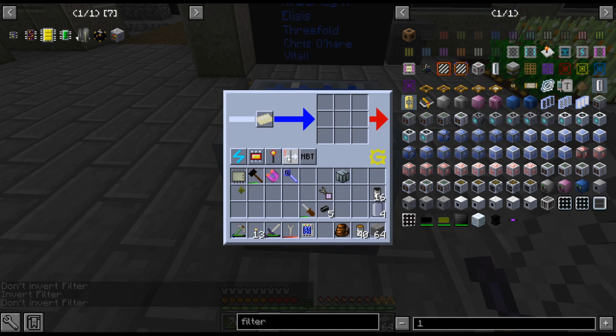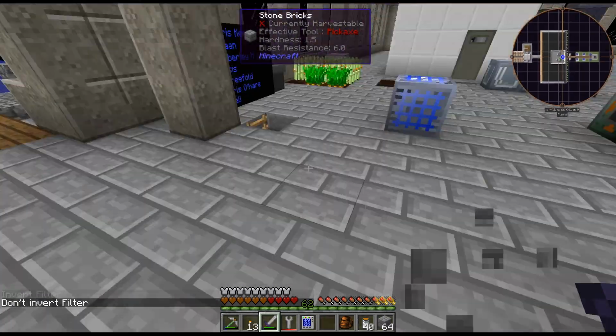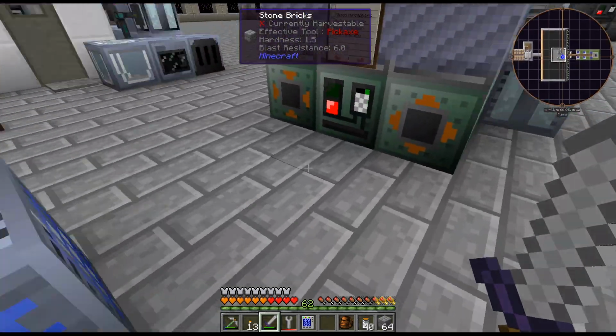That's like a whitelist blacklist. This is basically what we're... So I guess, what would we want? We would want this to pull from that, but only...